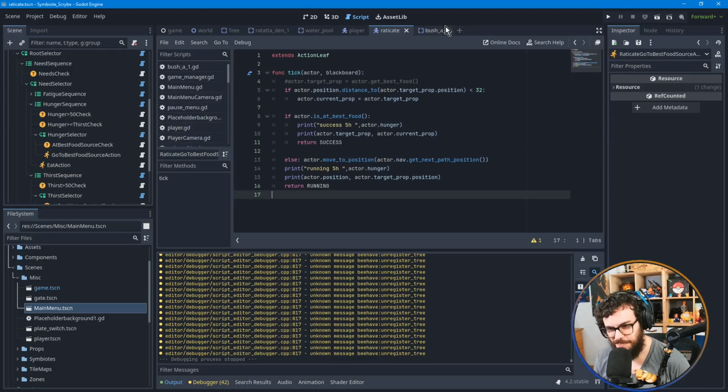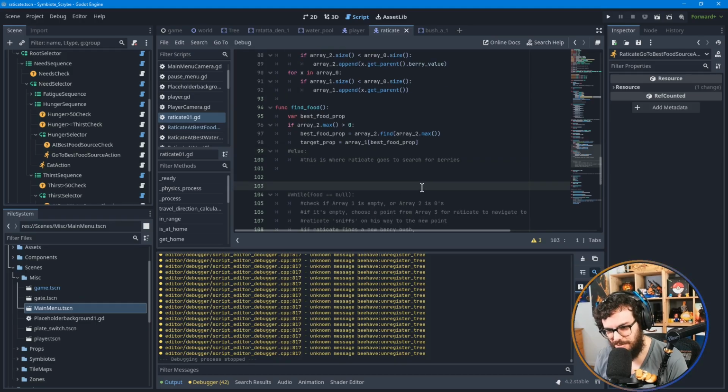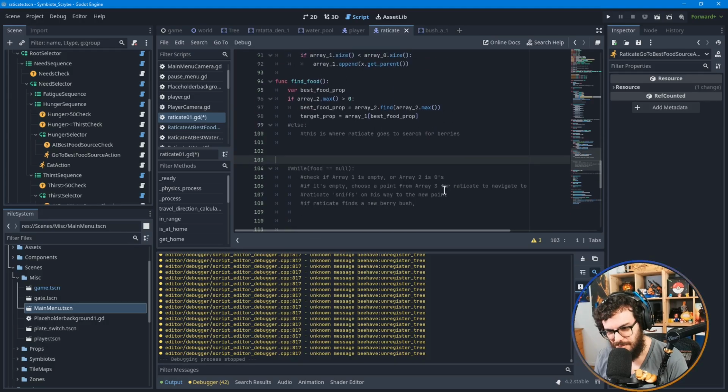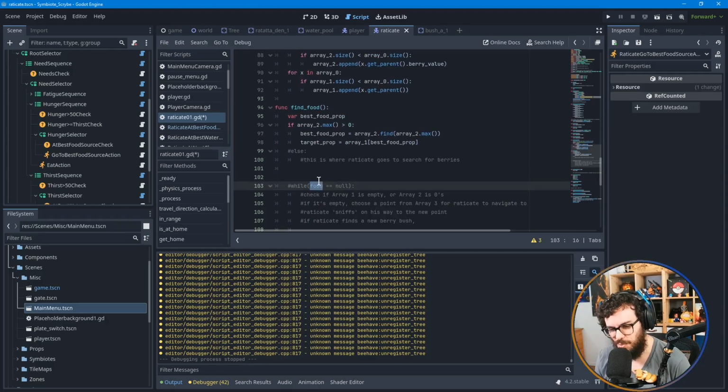so that's the easy situation though. And we need to get back to dealing with the shitty situation. Fuck. It's just in the Raticate script. Okay. Oh my god, that took way too much time. Okay, so then what is the else situation? Right, okay, so... Is it not while food is null? Right, because